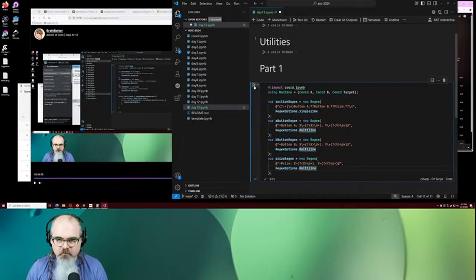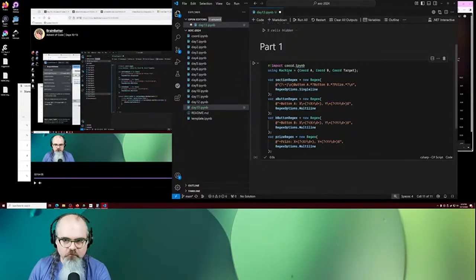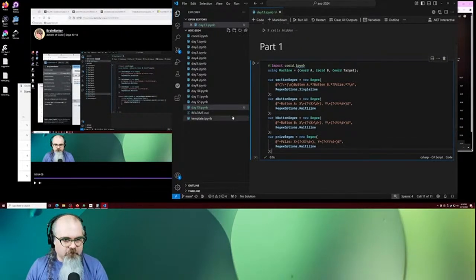Okay, so we run that. That all happens. I don't love the fact that I'm not getting any kind of syntax highlighting, even though I got it before on those strings. The regex strings used to syntax highlight, and they don't now. But other stuff is syntax highlighting, so yeah, it looks like some of my paren highlighting is also not quite doing what I expected. That's fine. All right, we're going to save. Okay, so now